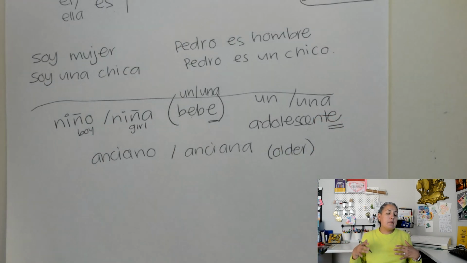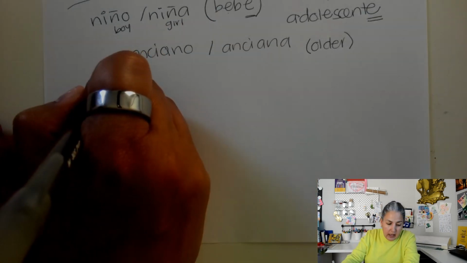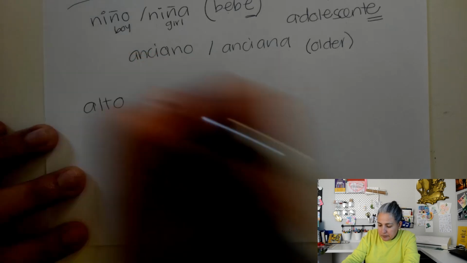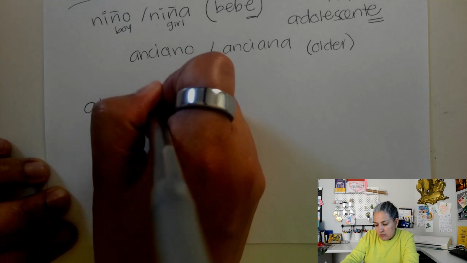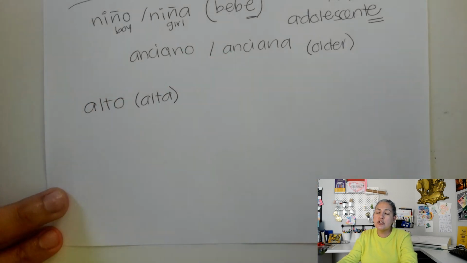Let's add some information when we say descriptions of ourselves. I'll just write a few of them, and in another video we can write just a long list of different descriptions. But since right now we're just talking about the verb to be, el verbo ser, let's just add a little bit more to it. Por ejemplo, alto. And if I'm a girl, I would say alta. This means tall.